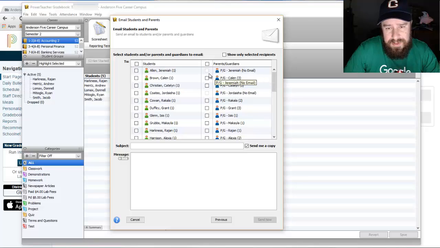But if there's an email address listed, there'll be a checkbox. So you can just checkbox that, and now you've selected all the parents in this class. If you want to send it to parents and students, you can do that as well. Send me a copy, always a good thing. Put in your subject here, put in your message, thank you for coming to class, these students are awesome, and